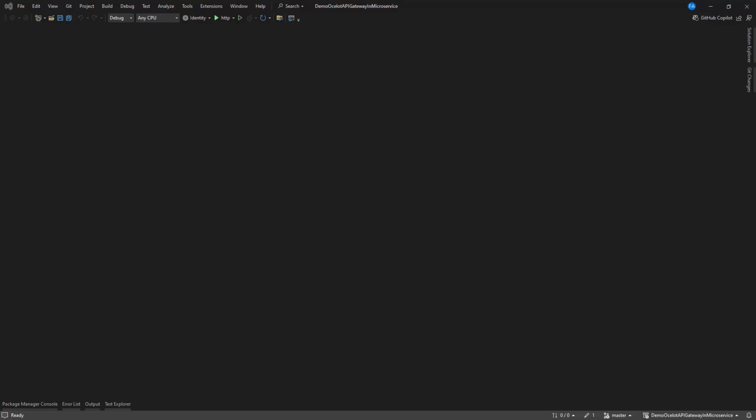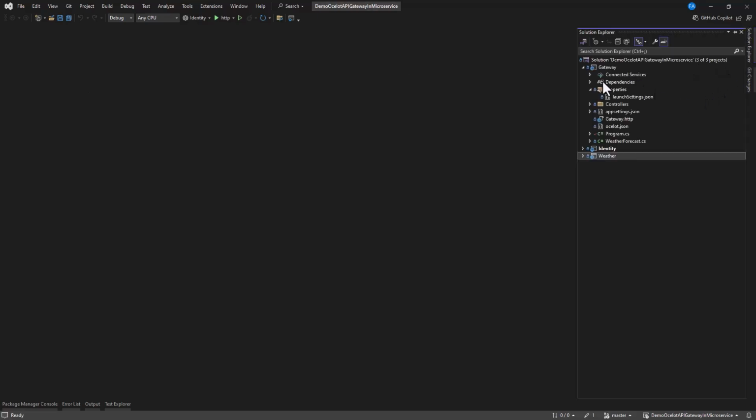So if you're able to watch the previous video, that is where we created our microservices. In that we created a solution and added 3 projects. They are all web APIs. Now in order to add the gateway, we added 1 project, the same web API, but this is known as the gateway. We did not add the middleware for controllers, so this does not have a view or a controller access point.